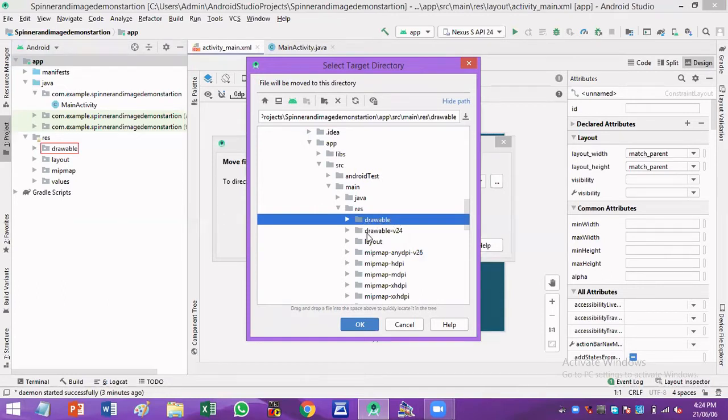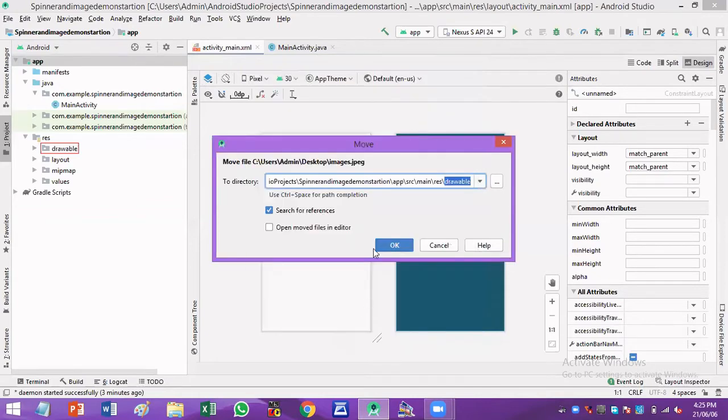Sometimes by default, drawable-v24 will be selected. If your image is placed within this folder, you will not be able to see the image that has been dropped into your project. So always make sure that your image is placed within this drawable folder and your image name begins with a smaller alphabet.